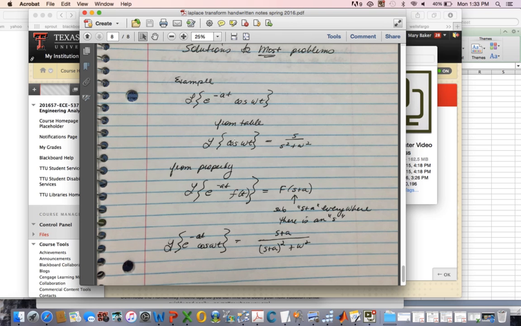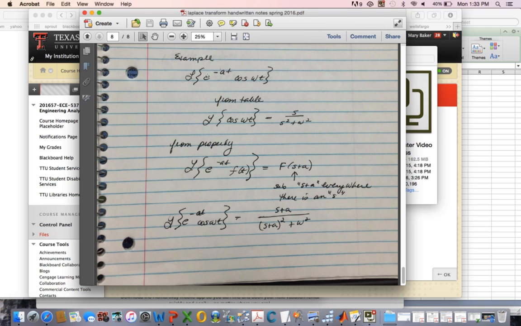Let's suppose your table only has cosine of omega t. Then you can take advantage of the fact that multiplication by e to the minus at results in a shift of s. So the transform of the cosine of omega t is given by s over s squared plus omega squared. If we have multiplication by e to the minus at in the time domain, all of our s's are going to move to s plus a, so the final result looks like this. So those are just some pretty fundamental examples of the Laplace method, the Laplace transform, and where